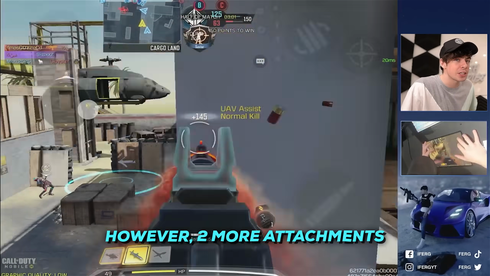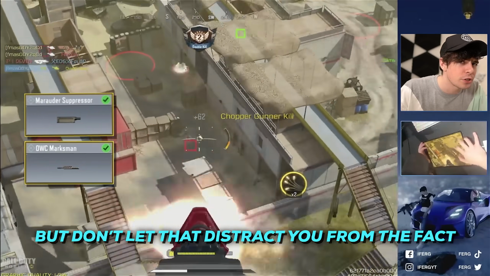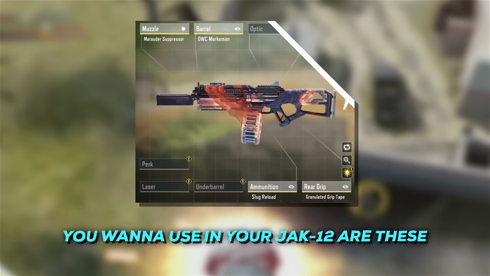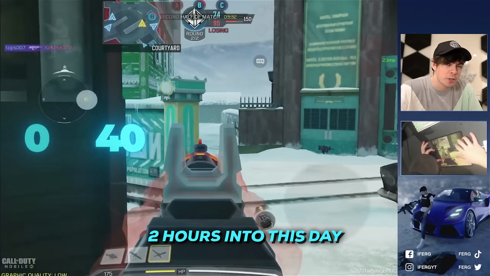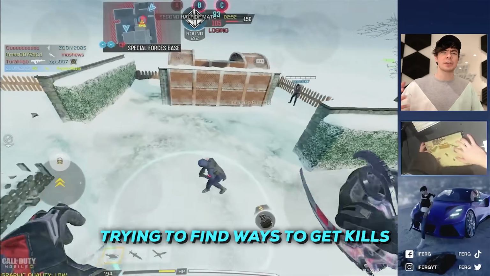However, 2 more attachments you're going to want to use in your Jag 12 are the Marauder and Marksman. But don't let that distract you from the fact that the other attachments you want to use in your Jag 12 are these. 2 hours into this day, I was starting to play incredibly passive, trying to find ways to get kills when I ran out of ammo,